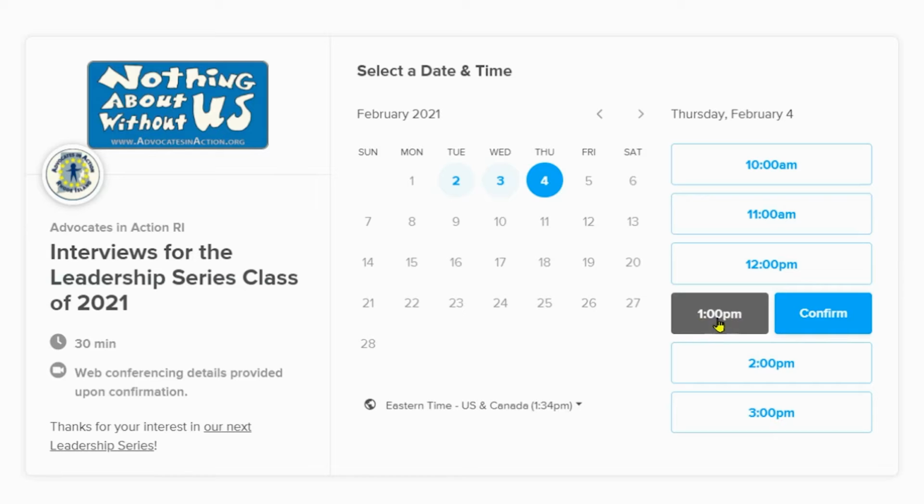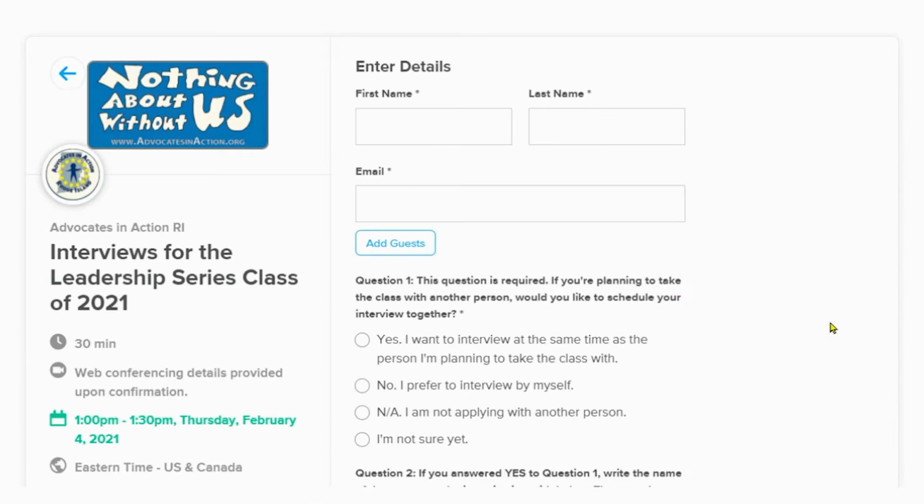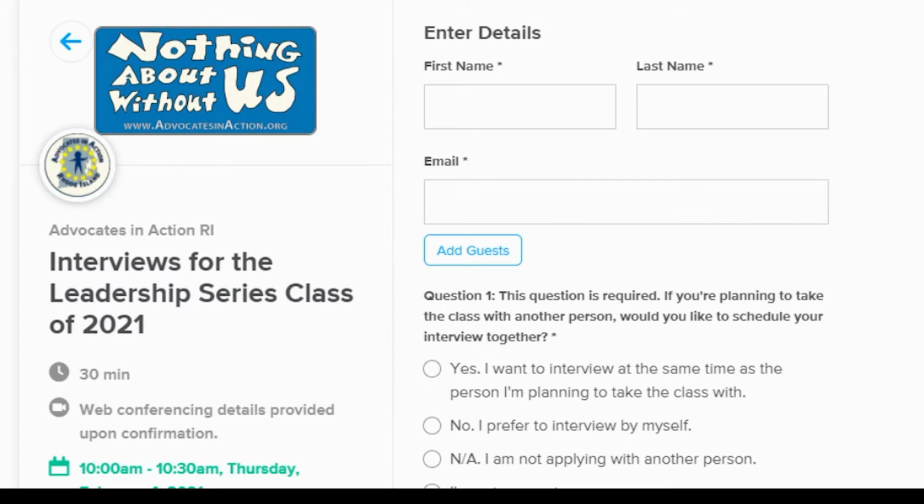So I click 1 o'clock, and you'll see on the left there's a dark colored box with the time, 1 o'clock, in it, and on the right there's a blue box that says the word confirm. See how when I put my mouse over it, the arrow turns into a hand and it gets a different color blue. So you click it, and there you go. Now, here is a dialog box to enter more information. Let's keep going and set up a pretend interview to show you how to do this.